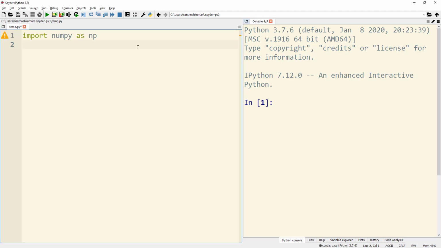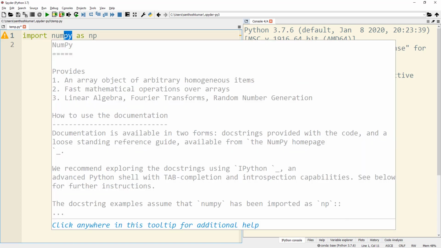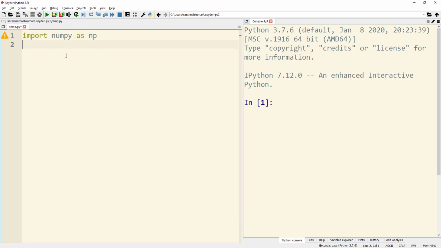I have opened Spyder IDE for Python and I have installed this with Anaconda package. When we install Python with Anaconda package, it comes with different packages like NumPy, Pandas, etc. that are frequently used along with Python, and it also comes with different popular IDEs like Spyder, Jupyter Notebook and PyCharm. So it would always be helpful to install Python with Anaconda, and if you want to know how to do that, you can check out my video which I have included in the description.